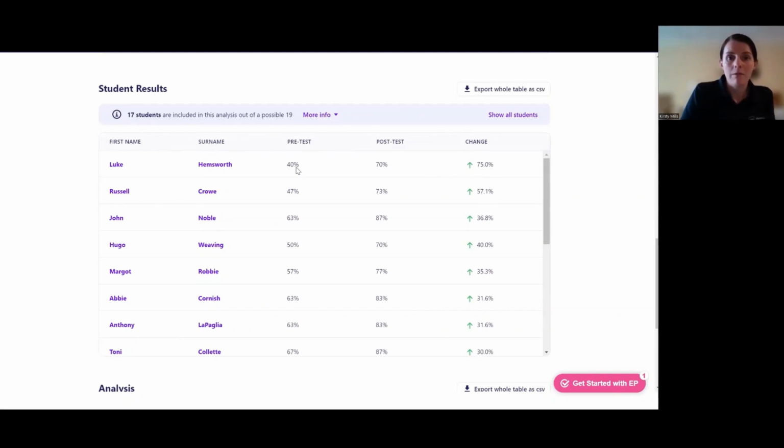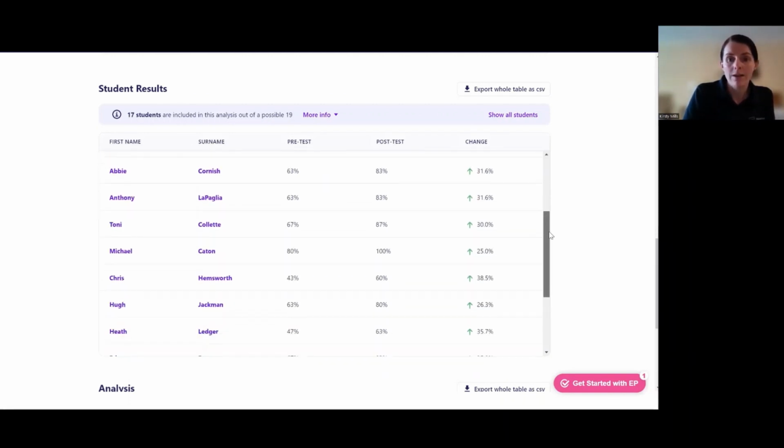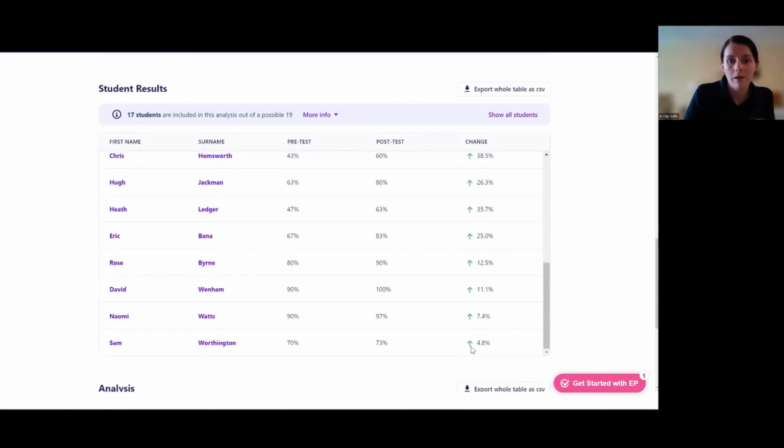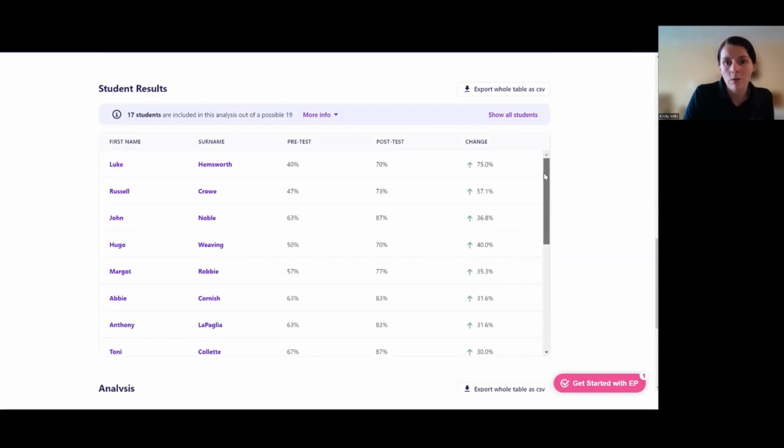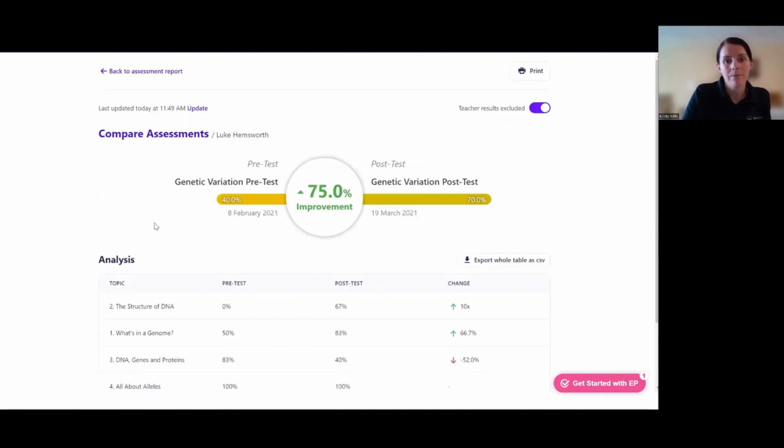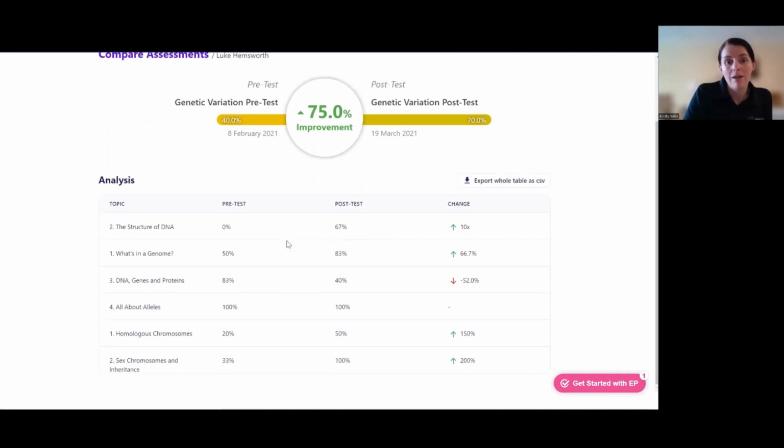So my students have seen the most change at 75% increase from pre to post, all the way down to students that have seen the least amount of increase, 73, so probably not very significant. You'll notice as you get towards the top, they can be quite significant. And if you want to see really in detail, if you want individual reports, you can click on the name and it will show you the student's individual comparison